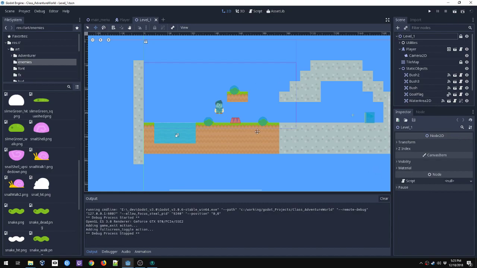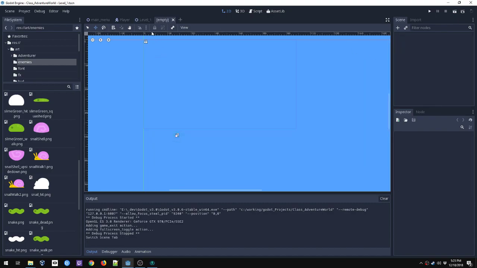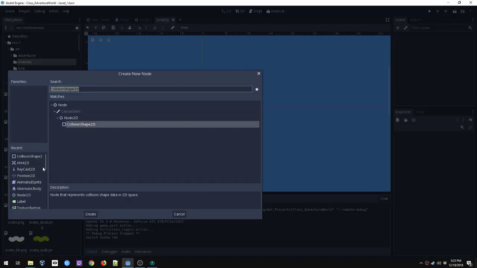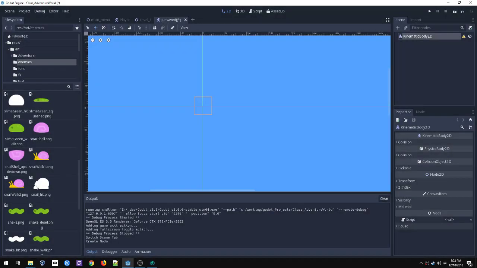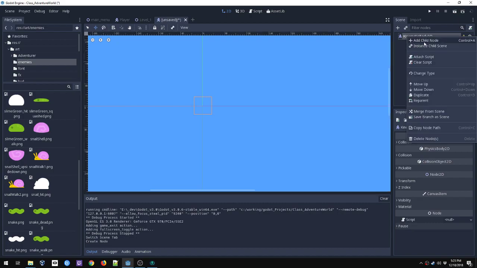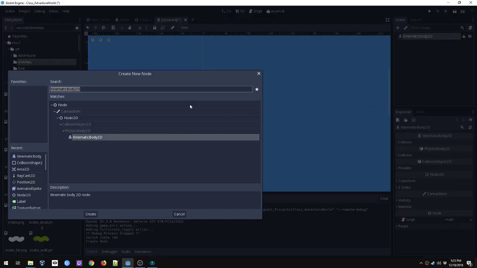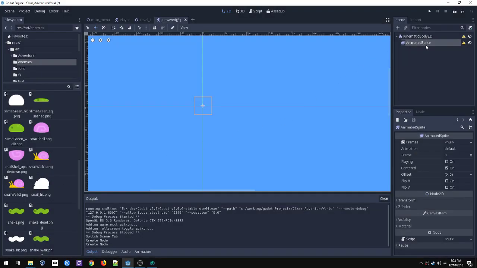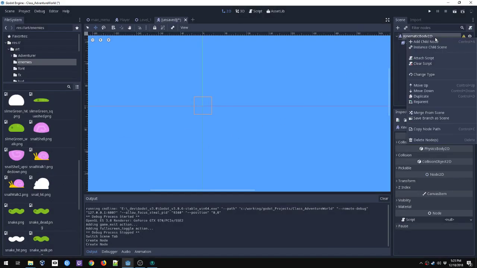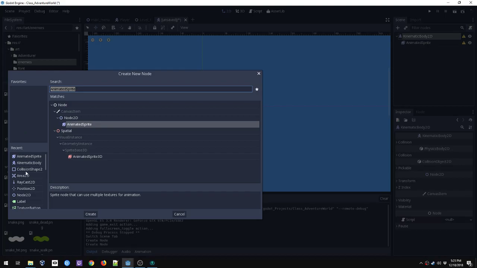So to get started, we're going to create a new scene, and I'm going to go right here to the origin of that scene, and I'm going to add a kinematic body. That kinematic body is just like the player. We have to move it around with code, but it can still interact with the physics of the game. We're going to add an animated sprite to show our snail,